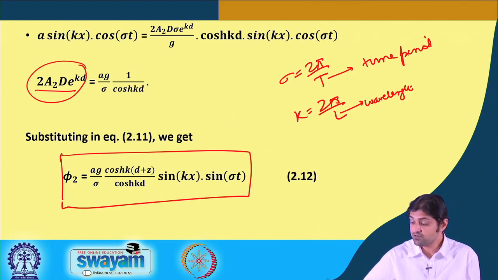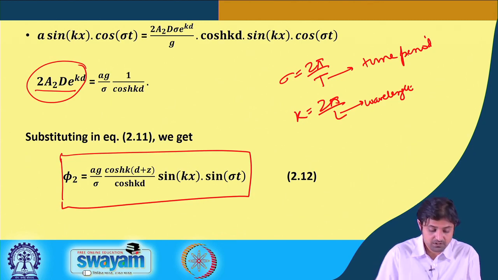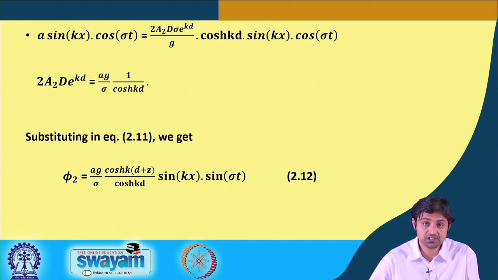For you, the derivation is not important, but the results are. But the derivation is important in a way that it makes you appreciate how, starting from the basics, we can derive these wave equations, the velocity potential. I do not expect you to remember the derivation, but the steps you must know. Things like specifying a governing equation. What are the governing equations? Governing equation is the Laplace equation. For the boundary conditions, we utilize the Bernoulli's equation and the continuity equation, for example.